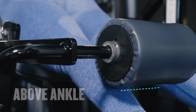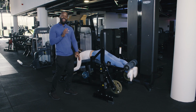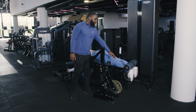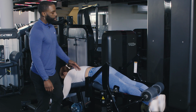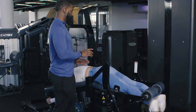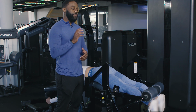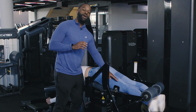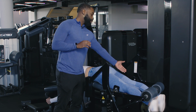So guys, when you lay down, you want your chest firmly on the bench. You wanna hold onto your handlebars, and you want the pad just slightly above your ankles, like so. Now, with regard to the glute, what we're gonna do first is unilateral. So what unilateral does, especially if you're trying to build muscle, you're just gonna focus on that one leg group. We're just gonna focus just on this one leg, and then we're gonna focus on the other one